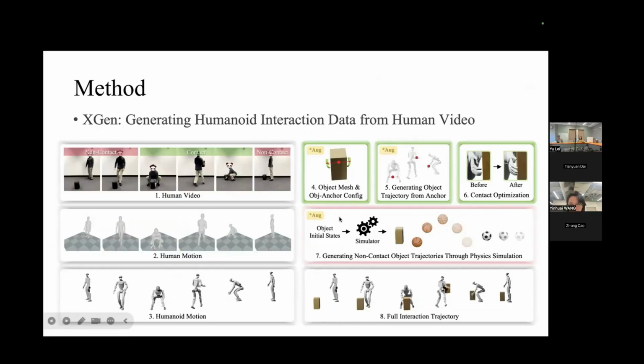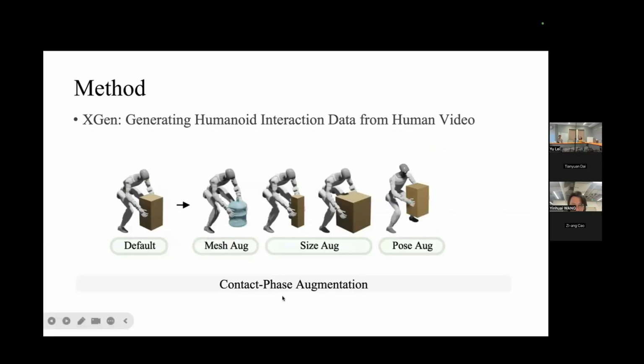Another point you may need to pay attention to is that we can augment several stages during the data generation, which lets us generate diverse and massive data. For example, during the contact phase, we can replace the object mesh with different shapes, and our force closure and contact observation can make sure this augmentation is physically plausible.